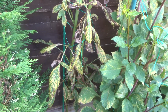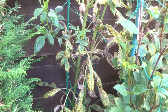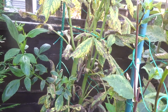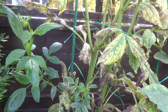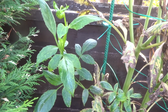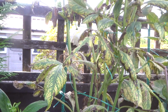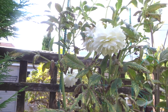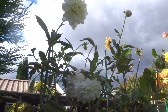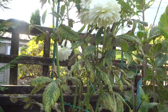In the last video, I showed you how some of my plants have been attacked by red spider mite. They suck the moisture out of the leaves. They go stripy like this. I've sprayed it, and you can see there that there's one branch that's not got any blight on it. But unfortunately, the rest of the plant seems to be covered in it, and you can see the effect that it's had on the flowers. They're not strong enough to hold the heads up. So next year I'm going to have to look out for red spider mite and try to stop it spreading